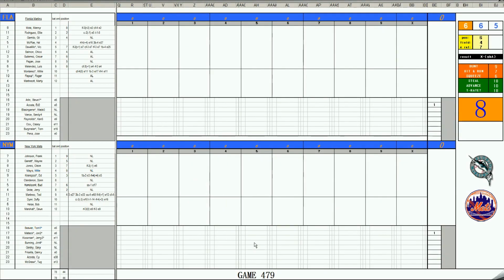Welcome back, baseball fans, to the 1970-73 Carryover League. We are continuing in the postseason tournament in the first round and also in the National League East, where the first place Mets are playing somebody we didn't expect to be in second place, the Florida Marlins, as it was projected for the Phillies or the Atlanta Braves to be in this spot. But the Marlins played the Braves, were down 0-3, and ripped off 4 straight wins. And then to add insult to the Braves season, the Mets beat the Braves 4-1, causing the Braves to fall out of second place. So the Marlins get the invitation to participate in the series, whether they like it or not,